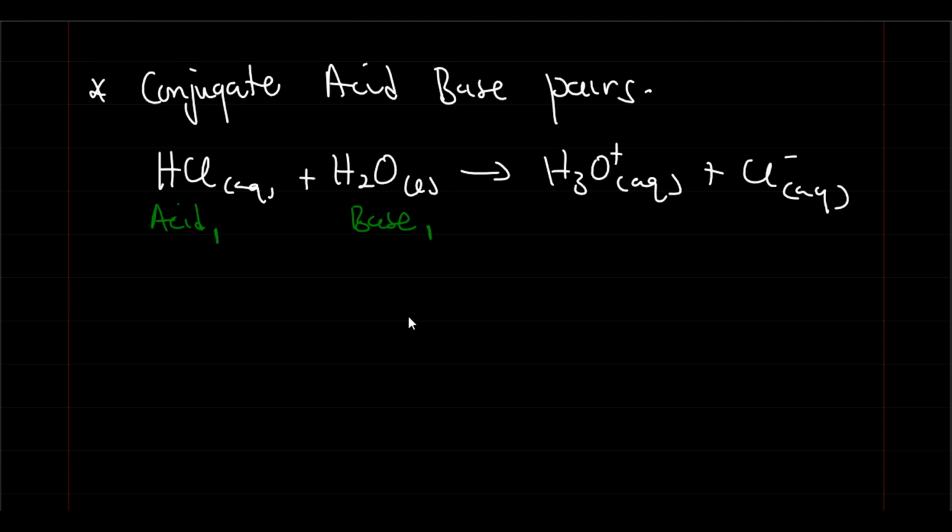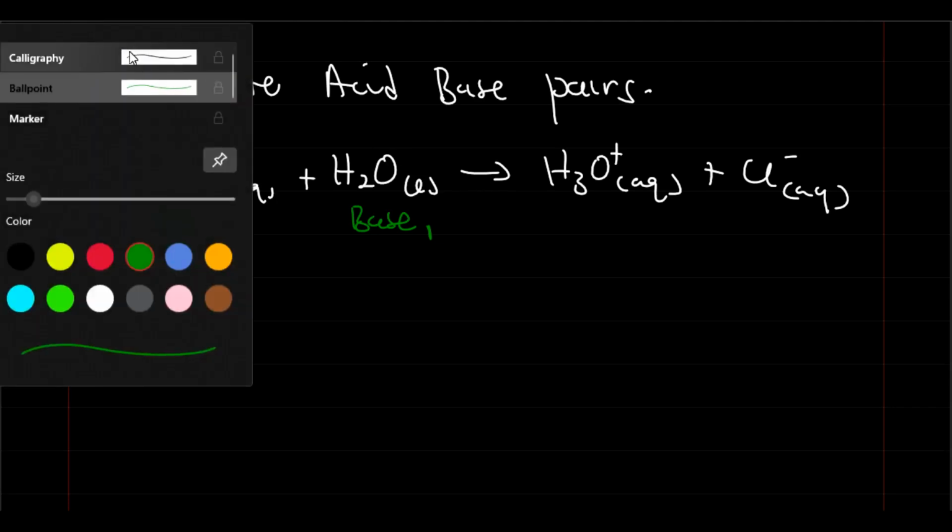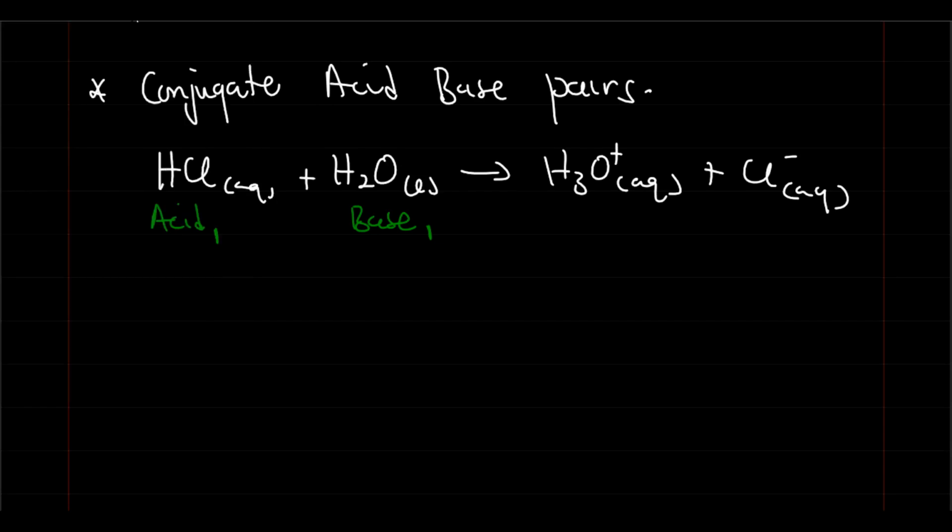The reaction between the acid and a base forms what? Hydronium ion and Cl minus. So if this equation were to go backward, if this equation were to be reversible,